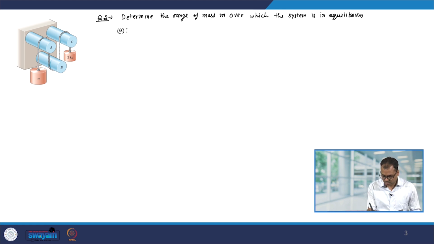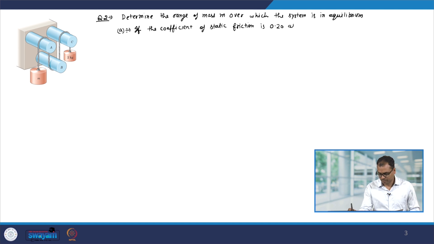A, if the coefficient of static friction is 0.20 at all 3 fixed shafts, and B,